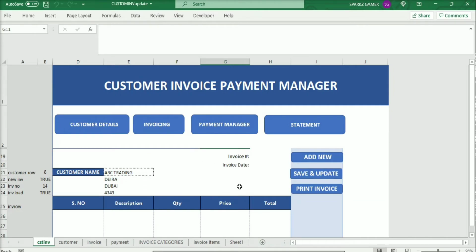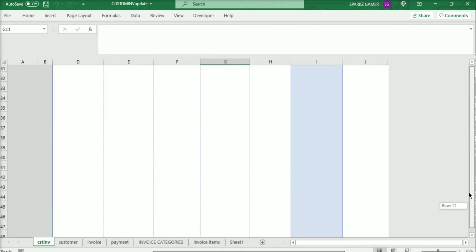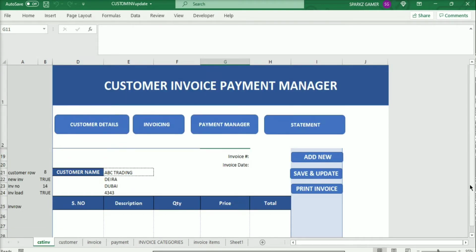Next part, the invoicing part. We have here customer name, description, total, all the details. First I will teach you how to make this customer name change. When we select any customer here, automatically the remaining address will display.